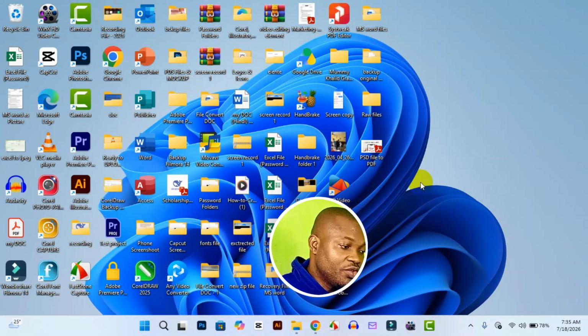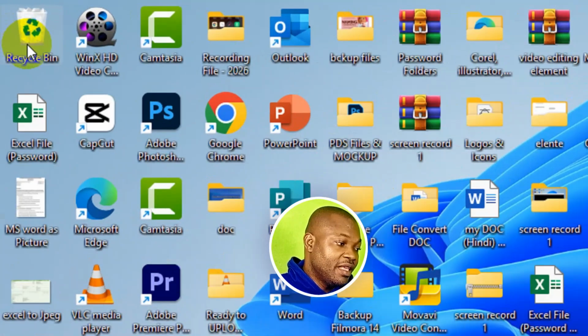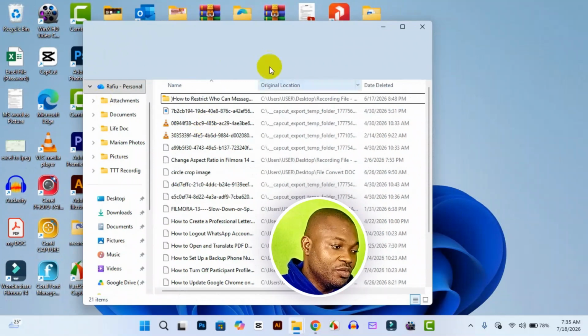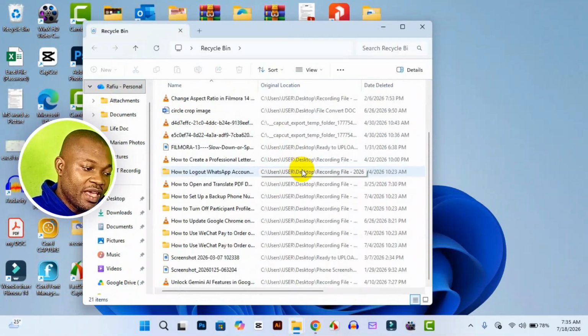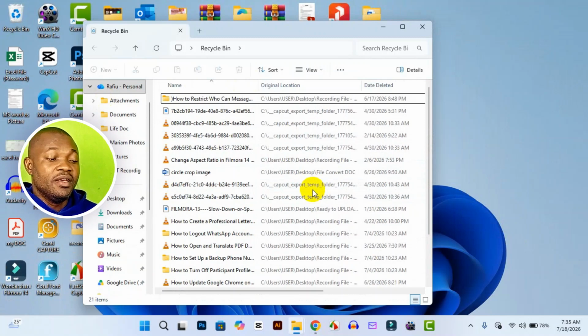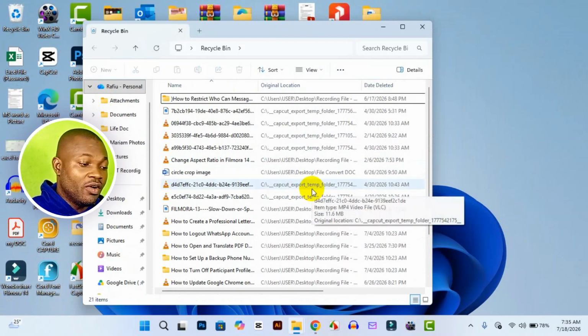The very first thing you want to do here is, from the home tab right here, make sure you look for your recycle bin icon on the home screen right here. So click on it and then press enter. All the files you have in your recycle bin are going to be shown right here, just like what you see right here. Some of these files here are the files you deleted mistakenly, unknowingly, or intentionally deleted from your